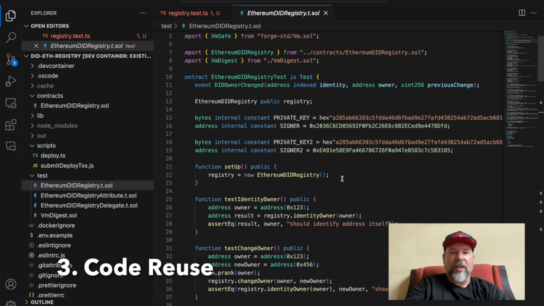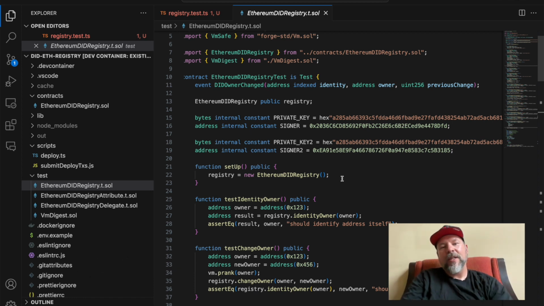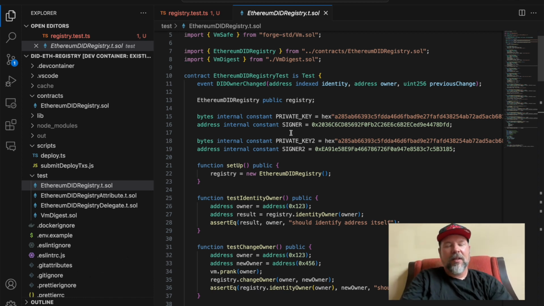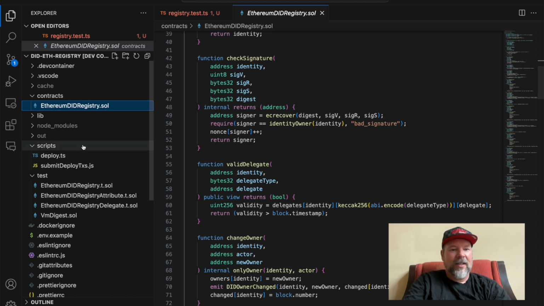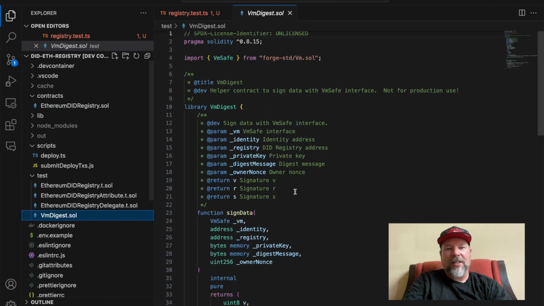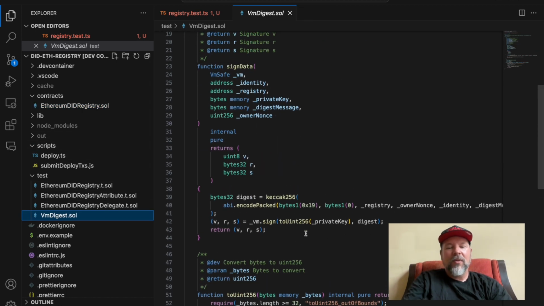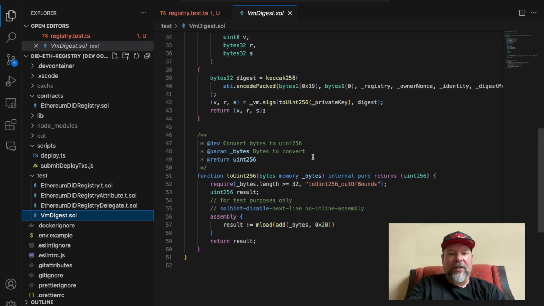Number 3, code reuse. This is one of the fundamental reasons for program modularity. This is why contracts exist in the first place, right? That we can write reusable libraries and digests of our code that we reuse across all the different layers that anyone can use, and we know that they're safe and we know that they're tested, right?